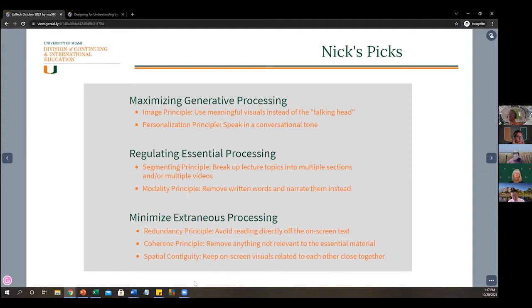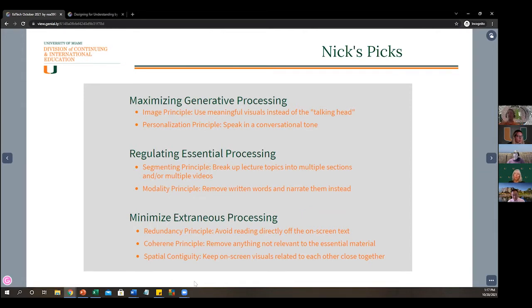And the last one is spatial contiguity. This basically says keep on-screen images that are related to each other as close as you can together on the screen. A good example of this would be like a map and key type of scenario, where you might have a diagram and then it's labeled A, B, C, D, E, and then over off to the side is a key. If you can just label those things that are in that key directly on that diagram, that's going to